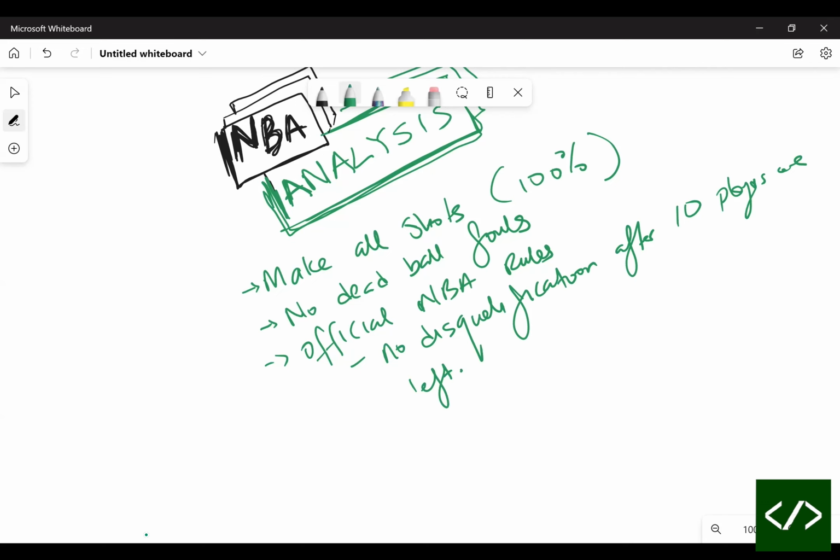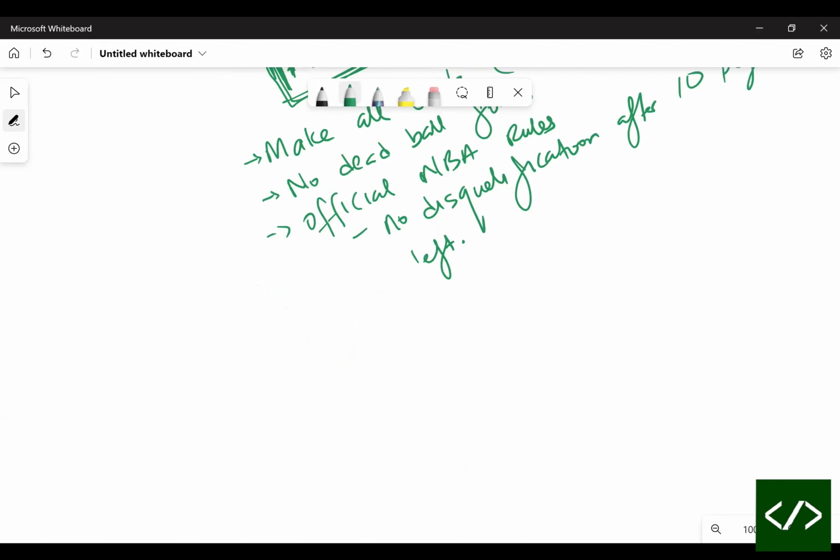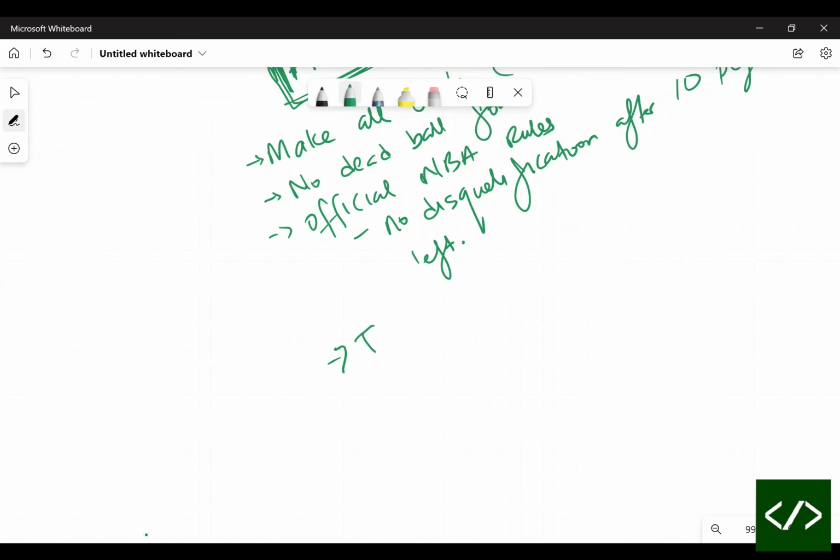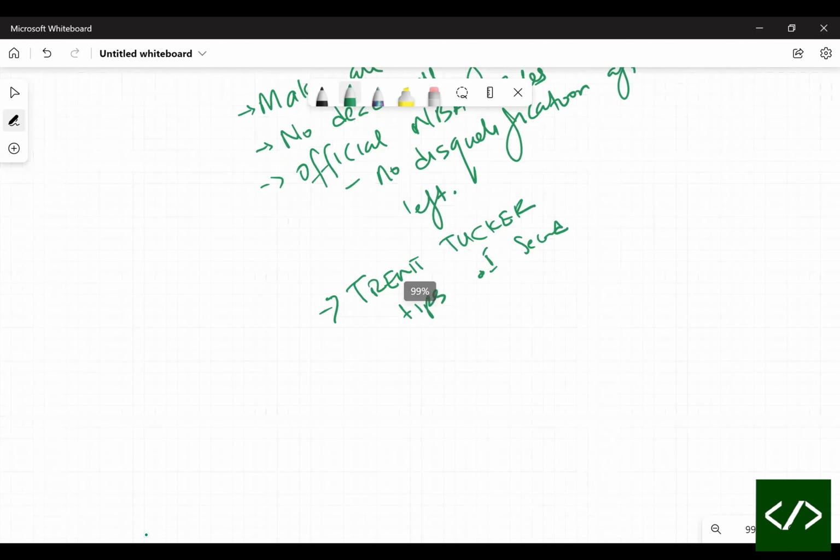Okay, we're not doing anything with injuries, we're not doing anything like that, and we're going to be using the Trent Tucker rule. So Trent Tucker, this is an NBA rule that determines how long it takes for you to actually put up a shot, right? How long you can have the ball in your possession and put up a shot, right? So for tips, it is 0.1 second, okay? And for catch and shoot scenarios, it is 0.3 seconds,